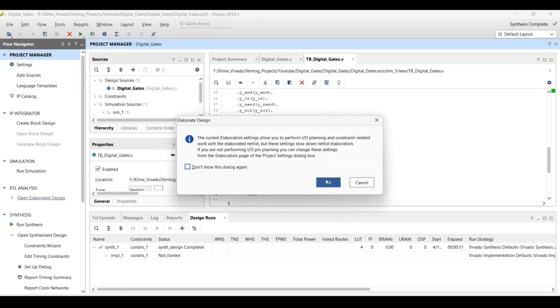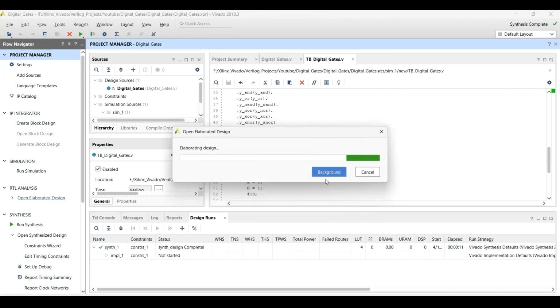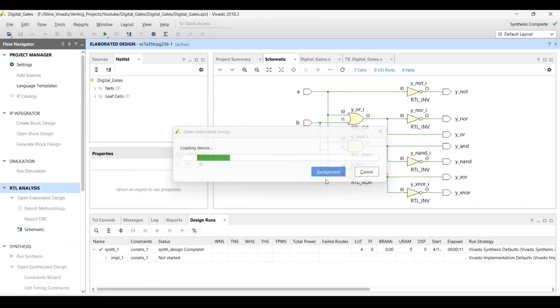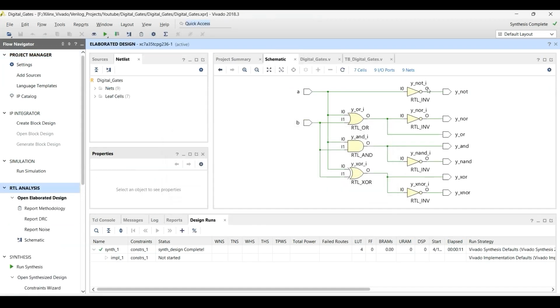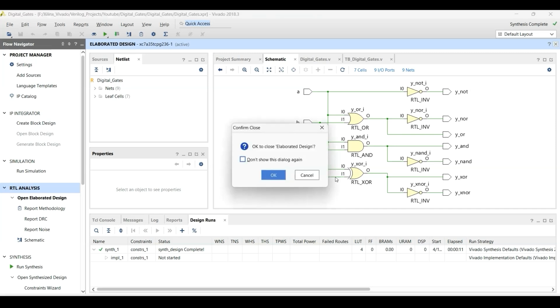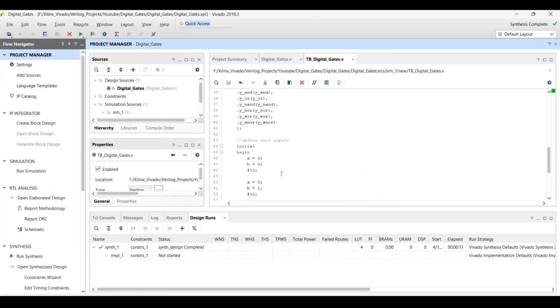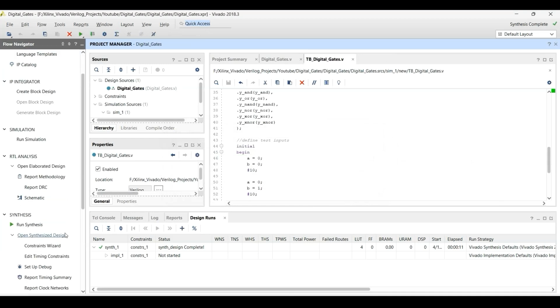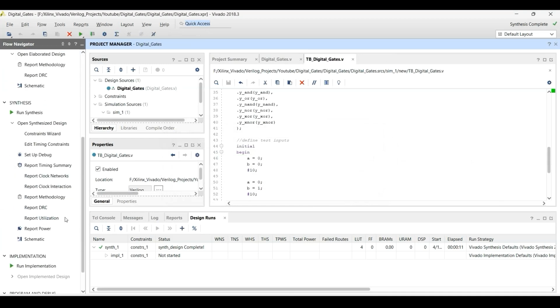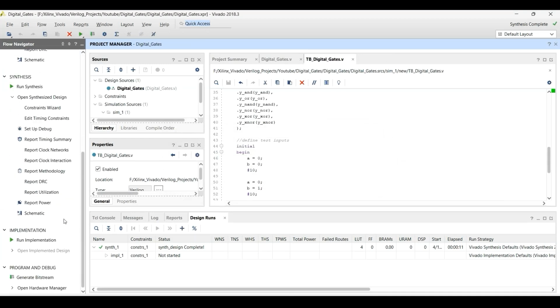You can also open the elaborated design to see the RTL analysis, and here you can see the gates you have written the code for, see your inputs, outputs, etc. And if your FPGA board is available, in this section you can program your FPGA.